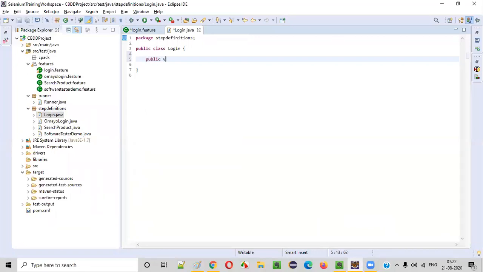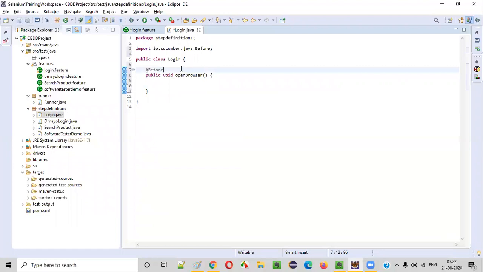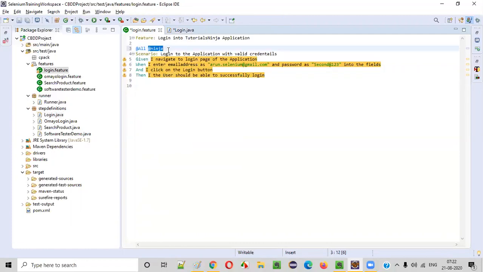So here I will say public void setup or open browser, a kind of open browser method I'll create. I'll provide the @Before hook and import this @Before from io.cucumber.java, and here provide the circular brackets and the tag, which is @ninja.